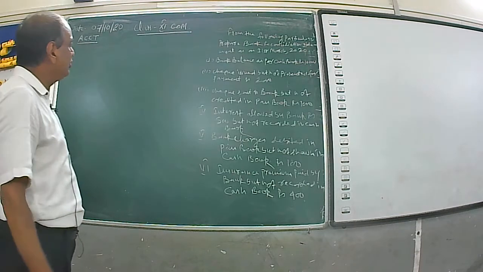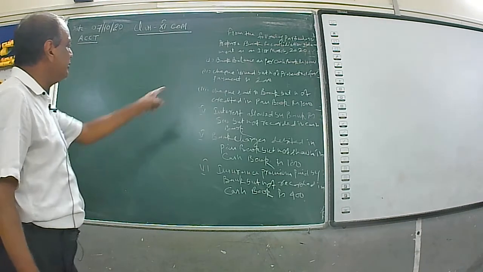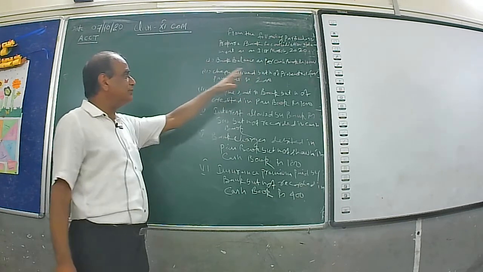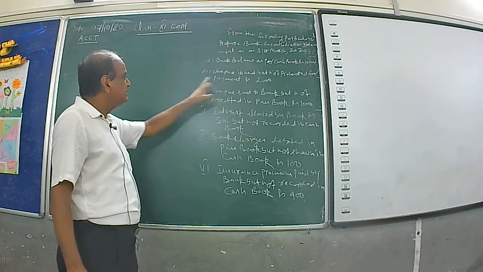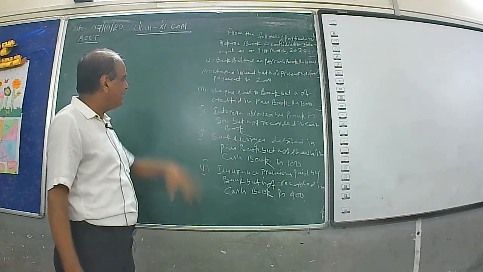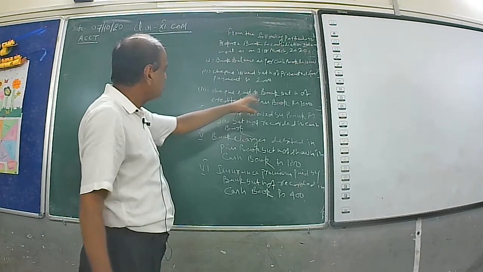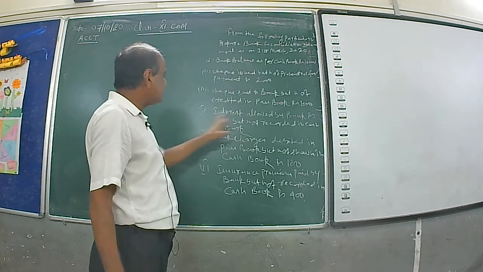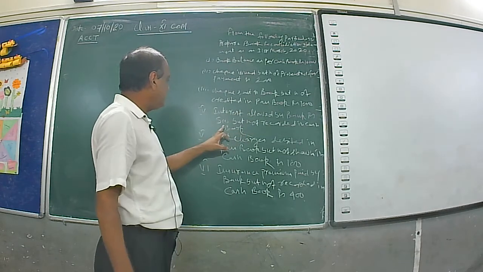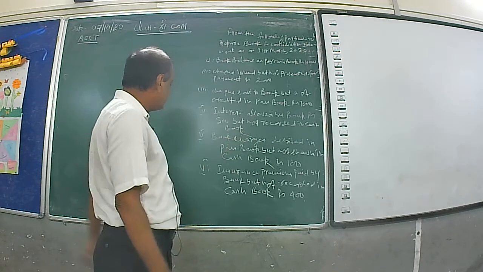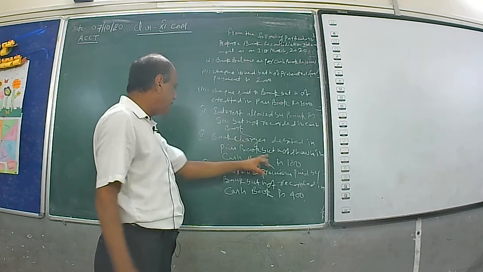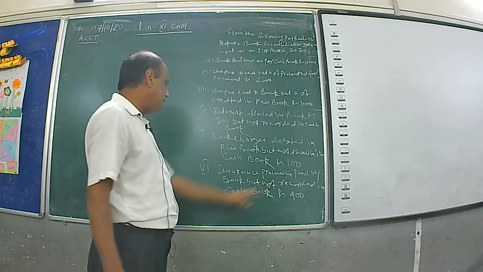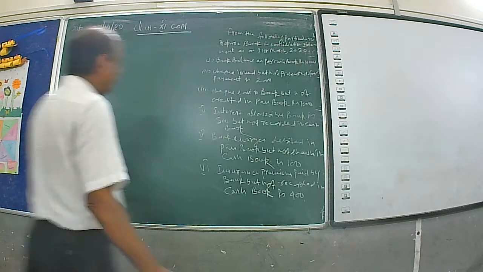From the following particulars, prepare bank reconciliation statement as on 31st March 2020. Bank balance as per cash book is given. Check issued but not presented for payment, rupees 2000. Check sent to bank but not credited in passbook. Interest allowed by bank, rupees 500 but not recorded in cash book. Bank charges debited in passbook but not shown in cash book. Insurance premium paid by bank but not recorded in cash book.